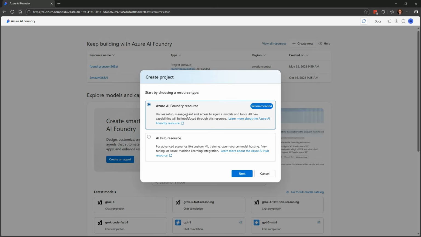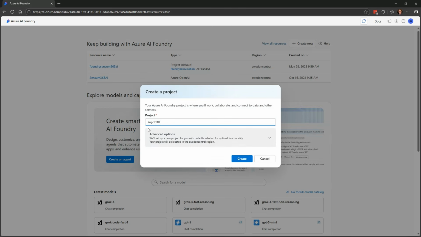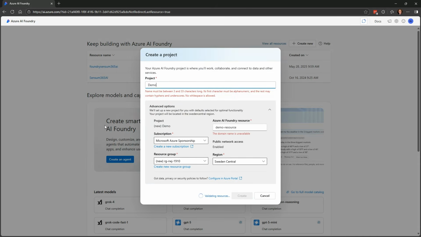You can also make a dedicated resource called Azure OpenAI if you want to, but that's kind of a legacy compared to this one. So let's do this, and let's call the project demo.